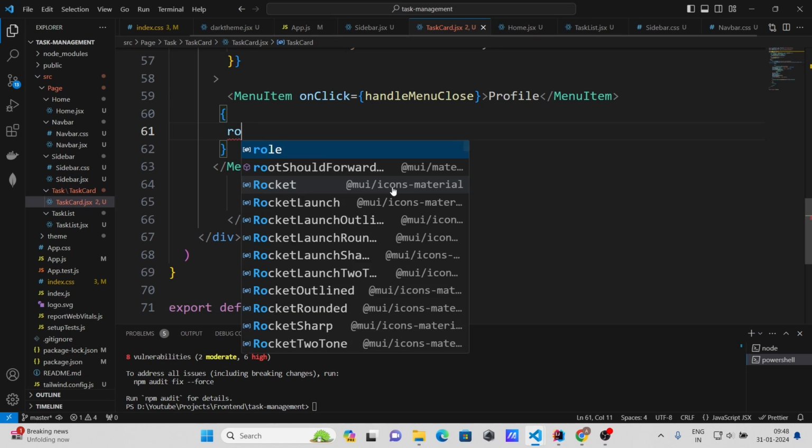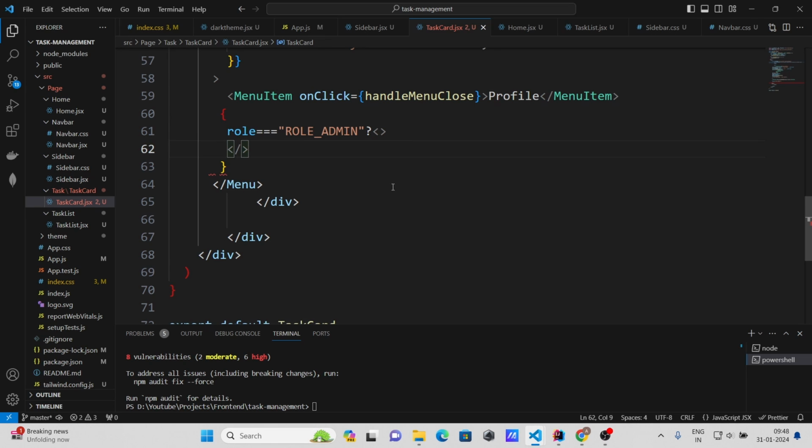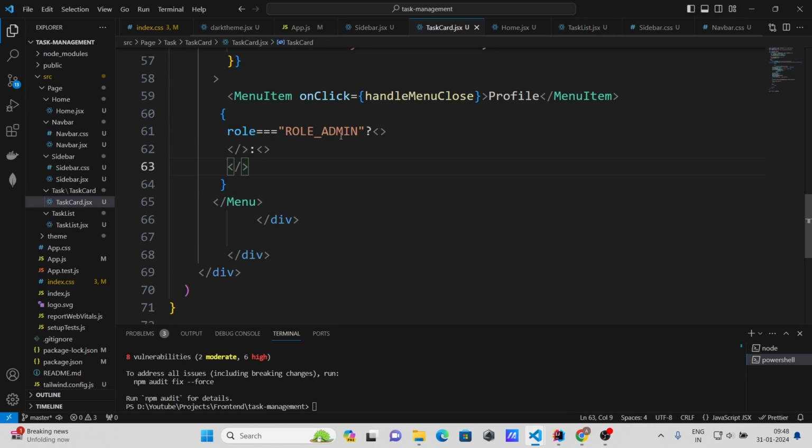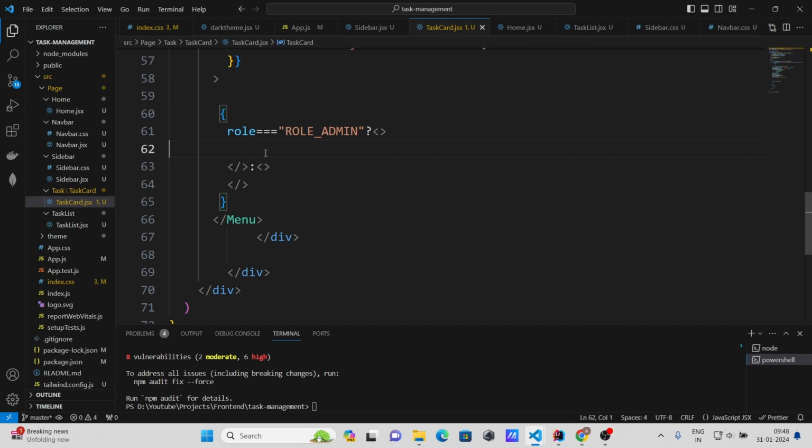Here if role equal to role admin, okay, then what should I do? Else what should I do? Okay, first if it is admin, and let me copy this, paste it over here,